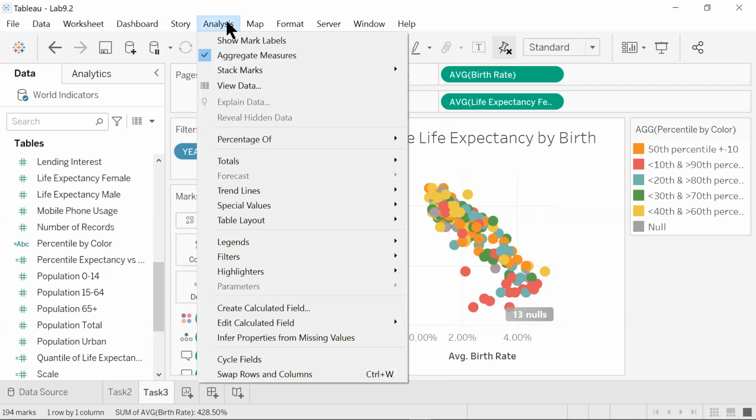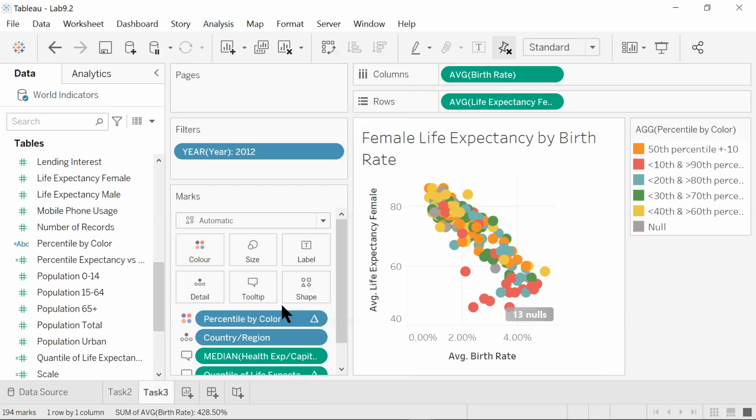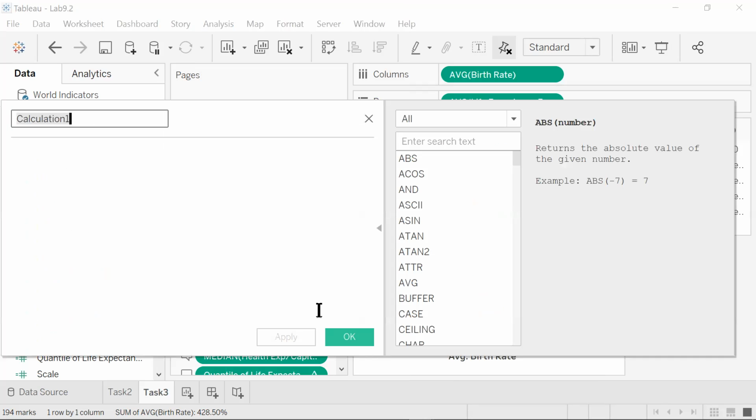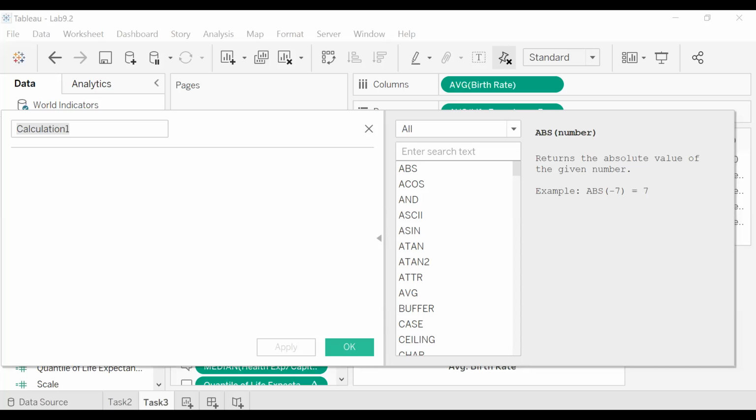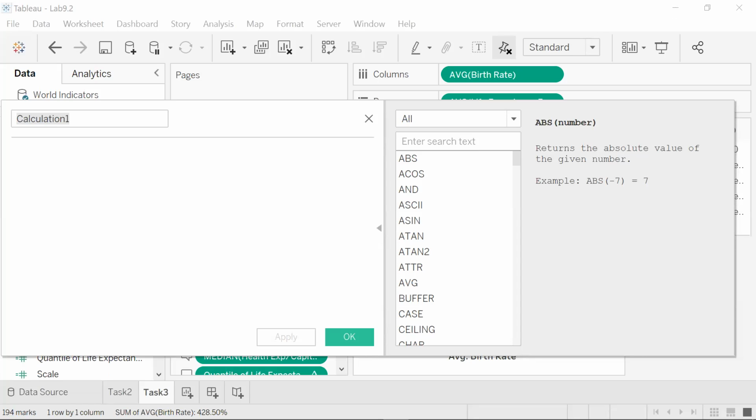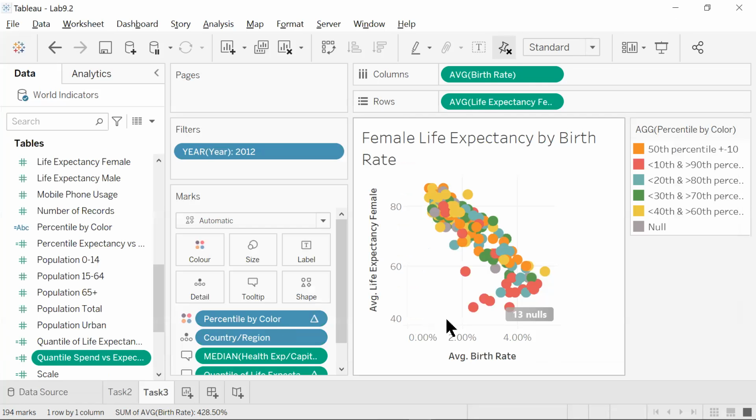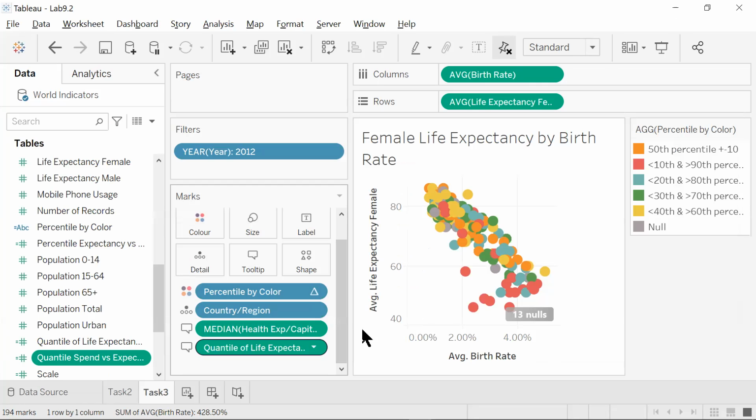So open the analysis again and create some more calculated fields. And this time we're going to add in another name called the Quantile Span versus expectancy and region. Let's just try and we'll put in the formula. This formula is power of 10 again. So we're just going to do just that, add it in here and click OK. And we got another one, quantile of